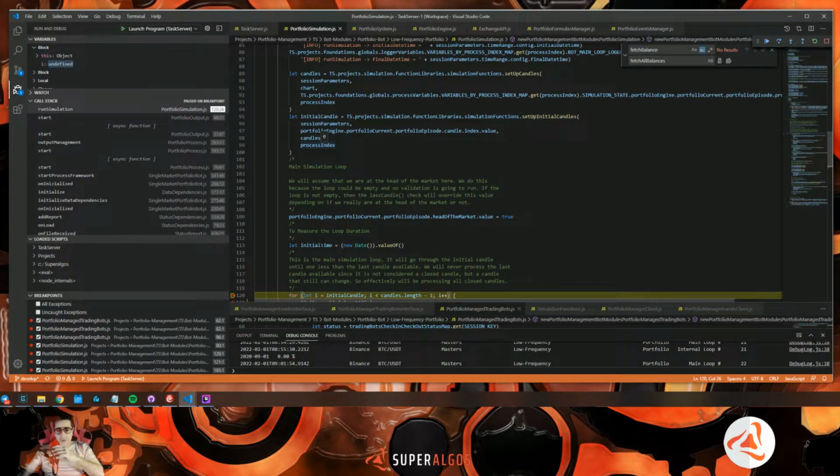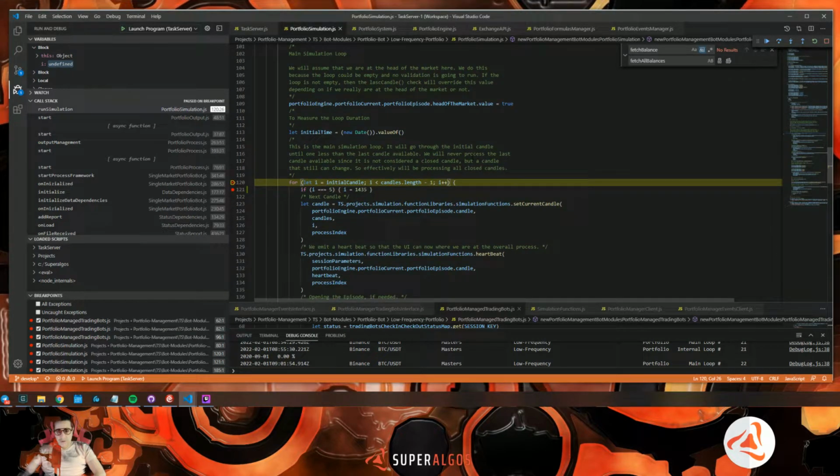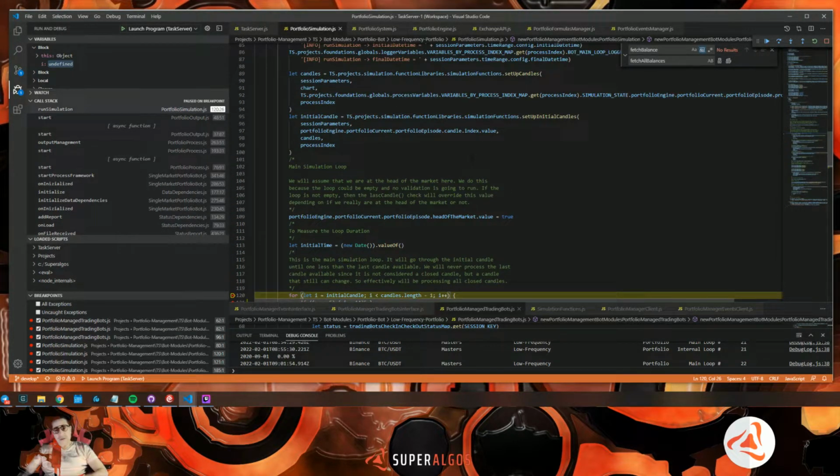So it looks to me that this calculation is correct. The problem is that this didn't process all the candles of the previous day. There were two candles missing, and because there were two candles missing, now when it wakes up again,